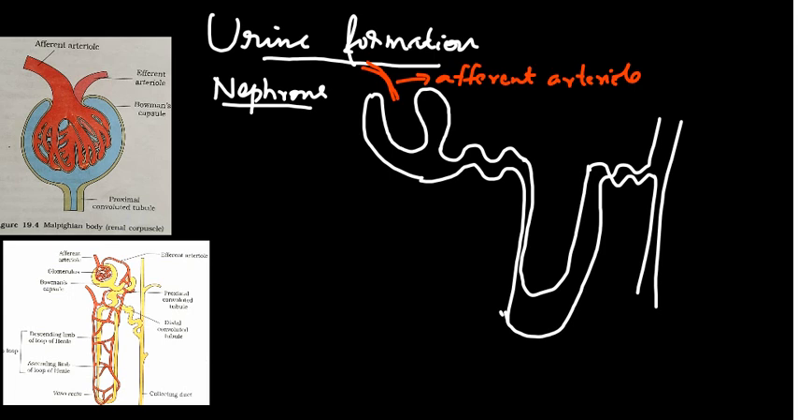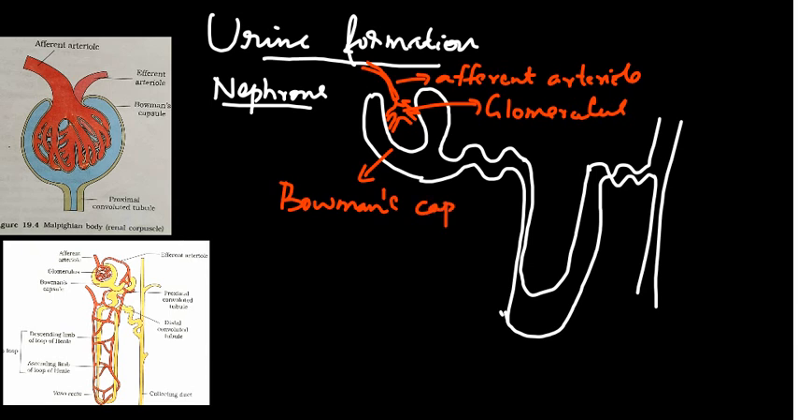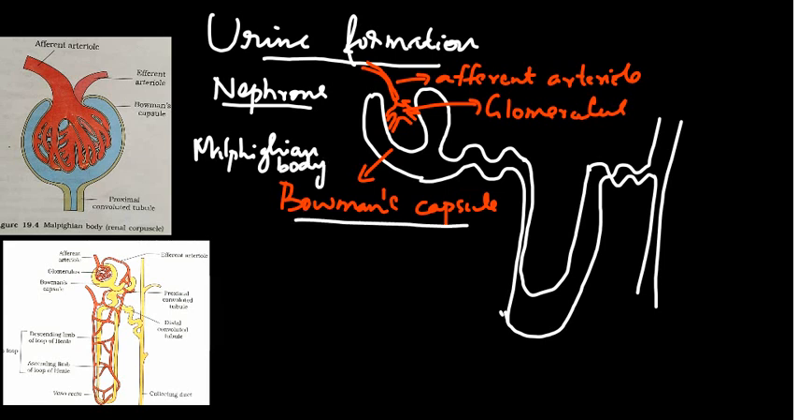So from the blood that is present in the afferent arteriole, this afferent arteriole will break up into a tuft of capillaries, which is called the glomerulus. The glomerulus and the Bowman's capsule together are called the Malpighian body. It is in this Malpighian body, that is Bowman's capsule and the glomerulus,